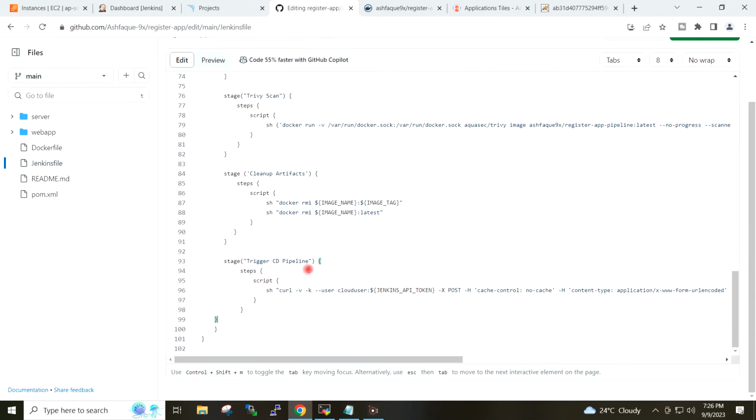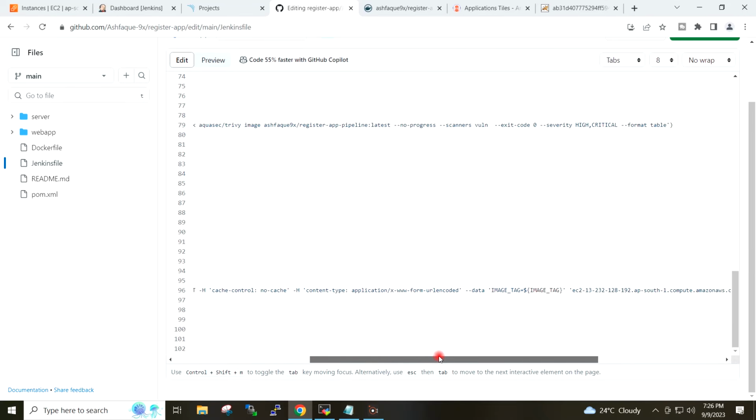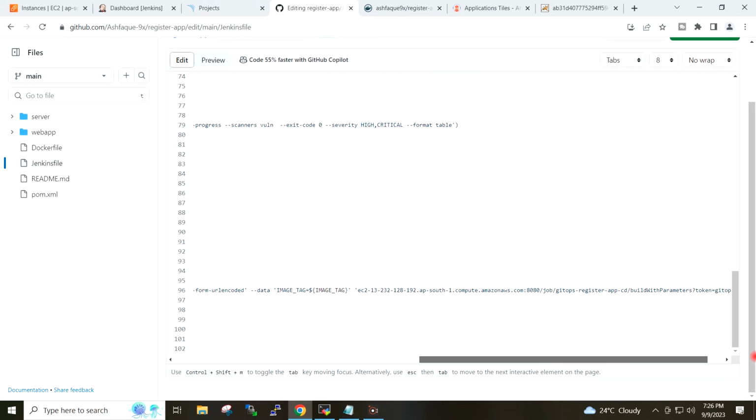Stage name is trigger CD pipeline, and in this command this is the parameter which we have given in the previous step, and this is actually the DNS name of my Jenkins server.